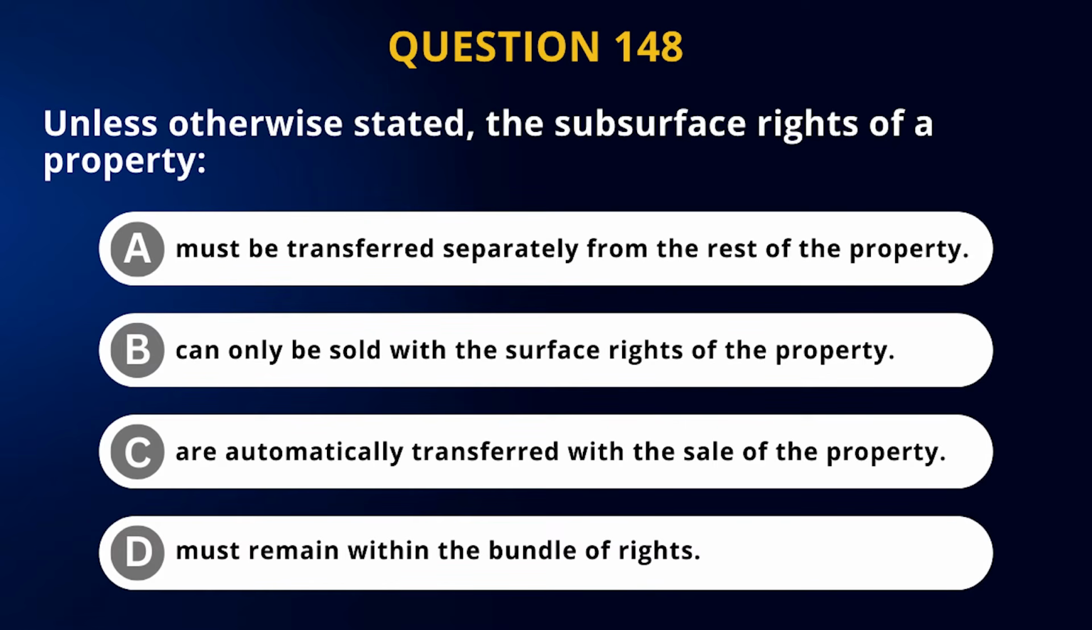Question number 148. Unless otherwise stated, the subsurface rights of a property: letter A, must be transferred separately from the rest of the property. Letter B, can only be sold with the surface rights of the property. Letter C, are automatically transferred with the sale of the property. Letter D, must remain within the bundle of rights. Question number 148. Unless otherwise stated, the subsurface rights of a property,